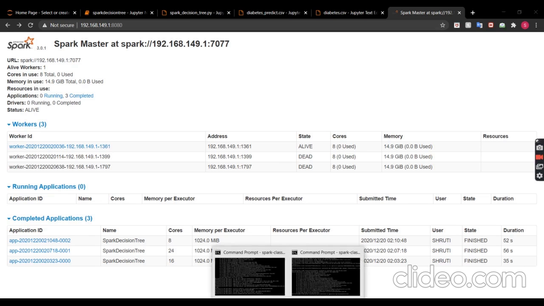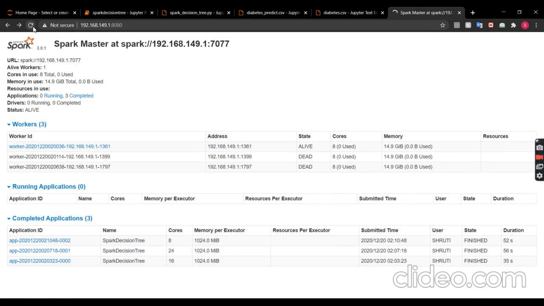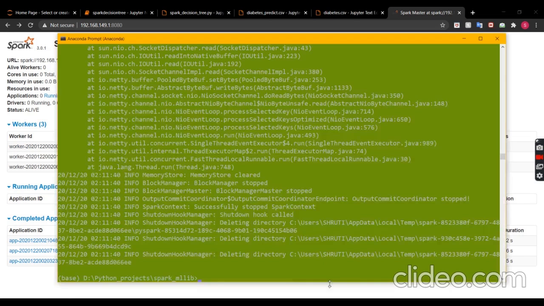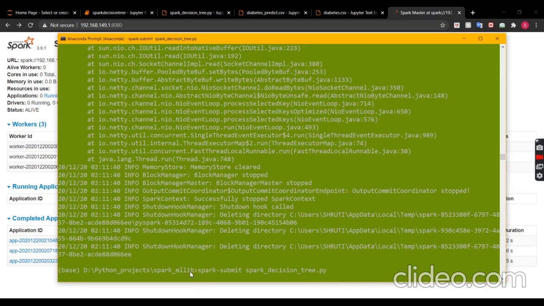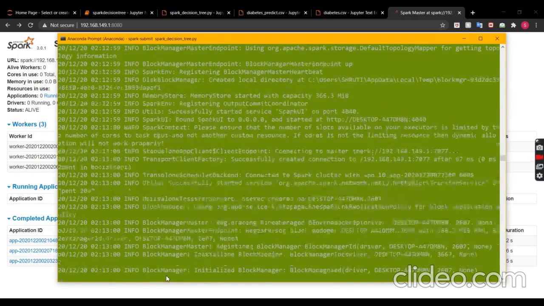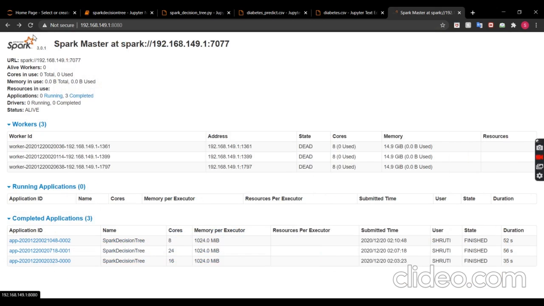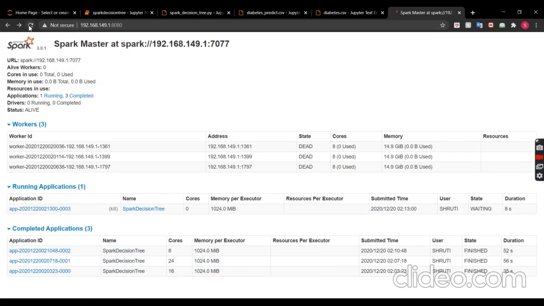Let's just, for fun, close this worker node too and see what happens when I try and submit a job to a cluster with 0 working nodes. Will this job execute? Good question. Let's see what happens. Seems like it is setting up the permissions, doing all of this scheduling, connecting with the Spark context, making the DAG. It is running,